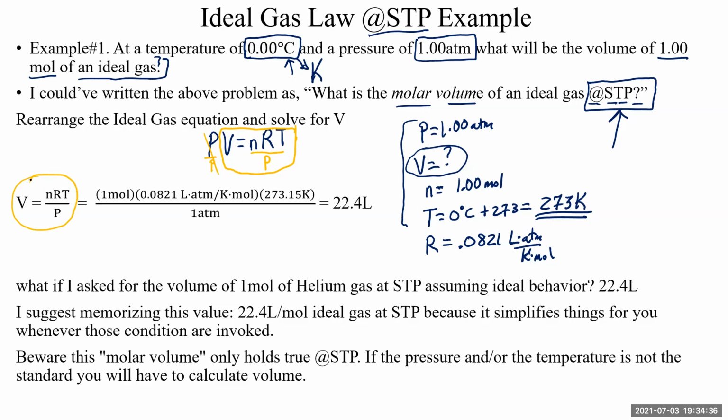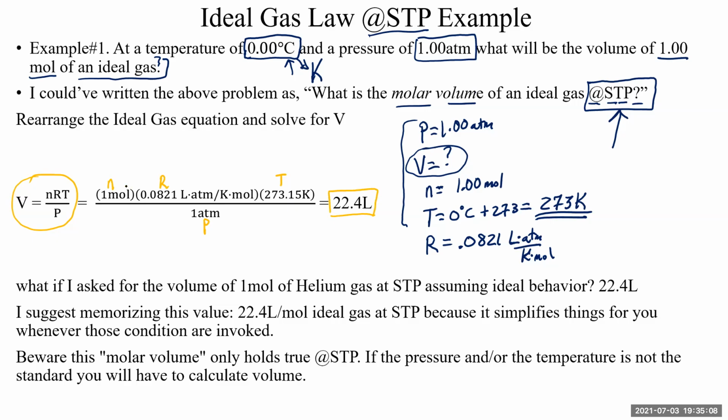Now, I am aware I've already worked this out for you down here below. That was intentional, so you can have this for your notes whenever you need them, even without watching the entire video. Okay, so volume equals n times R times T divided by P. We plug in all of our values: our n, 1 mole, our R value, our Kelvin temperature, and our P in atmospheres. And when we do that, we get the value 22.4 liters.